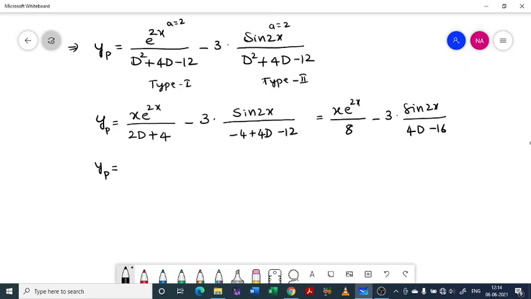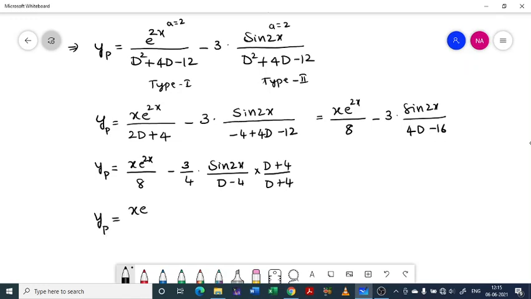So take 4 outside. Then what happens now is x e power 2x by 8. There is nothing to do with this first term, you have to just carry that. Minus 3 by 4 into sin 2x divided by D minus 4, multiplied and divided by D plus 4. So we get yp to be x e power 2x by 8